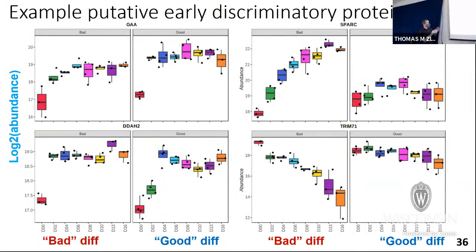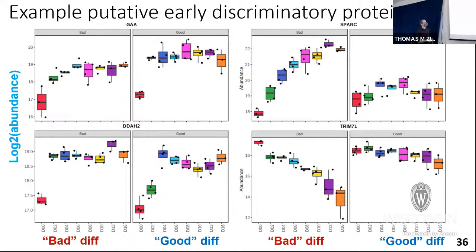I'm not going to go into too much detail on what these specific proteins are, but if we do a statistical analysis of the differences over time, here are a few different example profiles we start to see as different between the good and the bad differentiations over time. For example, here's a protein that we see gradually turn on in the bad, but has a stark increase and leveling off in a good differentiation. We see some other ones with delayed dynamics in the good versus the bad. And some others are continually secreted over time in a good differentiation, or continually depleted over time in a bad differentiation, versus being essentially level within a good differentiation.